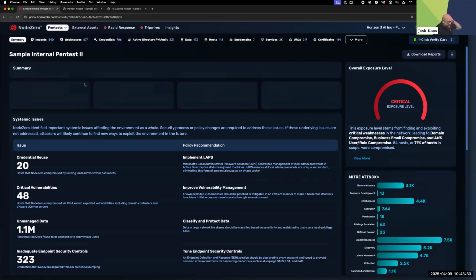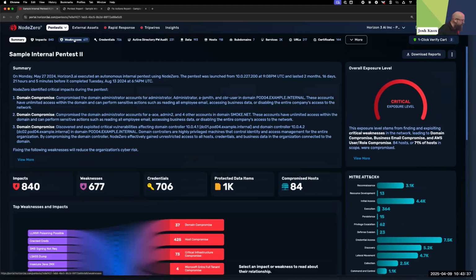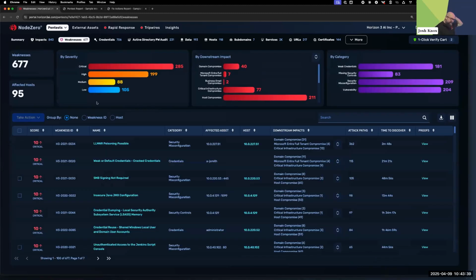Gotcha. So the big difference is this. I'm going to go back to this big pen test here. If you're just running a vulnerability scanner, first of all, it's going to give you every vulnerability it finds, even the ones that are never going to get exploited, the little onesie twosies that are really small, and you're probably going to get a lot of noise, and that's fine. Sometimes you really need to do a complete coverage scan of everything,